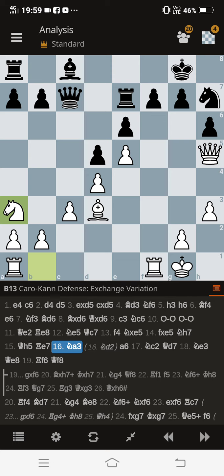Knight to a3 was played by Mikhail and not knight to d2. a6. Why did Mikhail play knight to a3? The plan was to bring the knight to the d6 square via b5. So knight to c2, we have